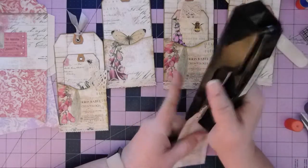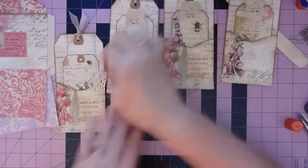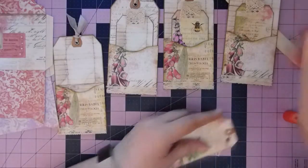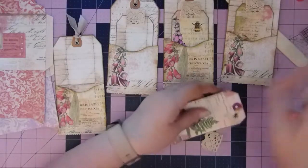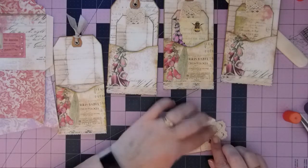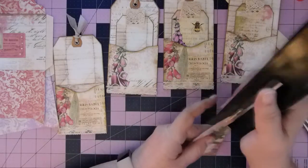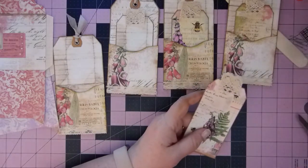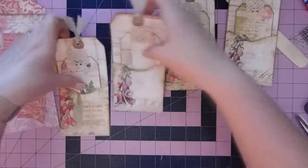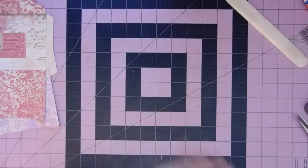Okay, and it goes on purple, but it dries clear, which is always fun. And I did not ink these little tags, but I will do that off camera because I do want the back sides to be inked. So there we go. So now we've got these 4 tag inserts. Okay, let's go on